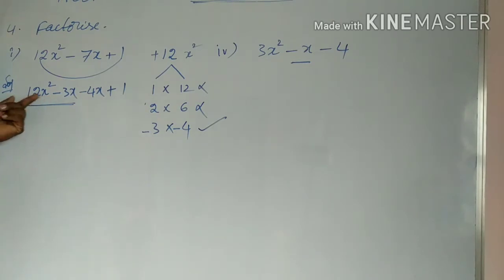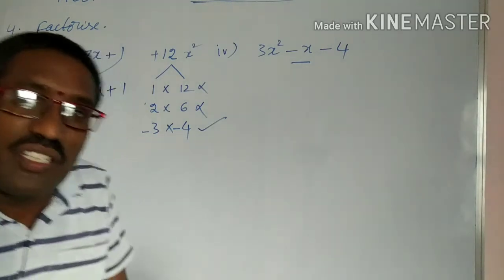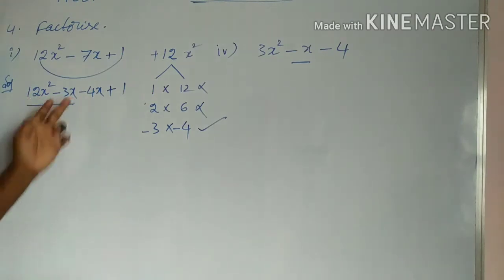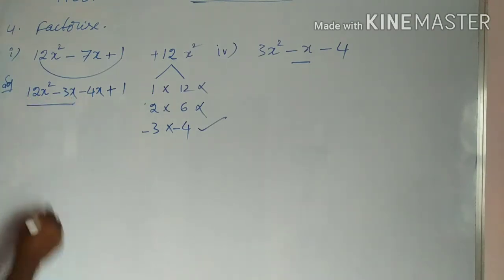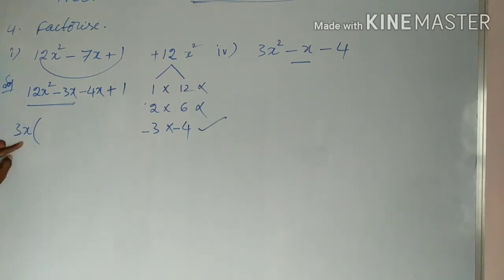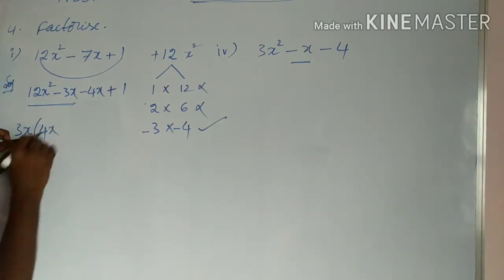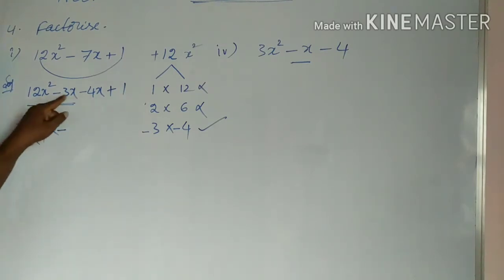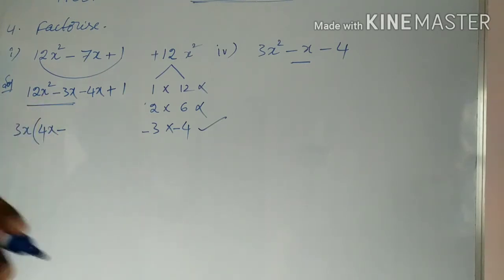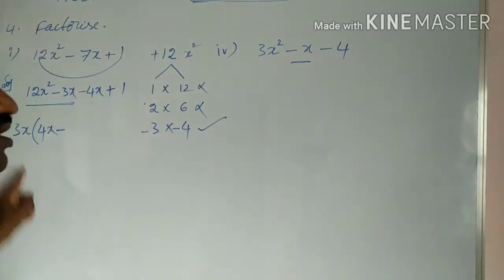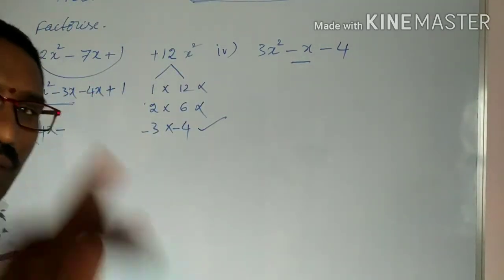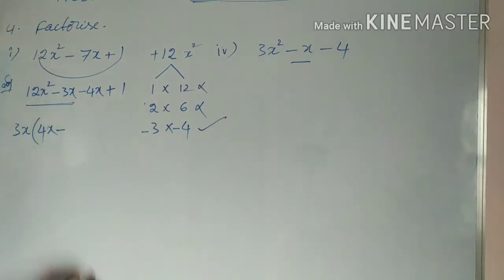Now in these two terms, what is the common here? Both the numbers 12 and 3 are divisible by which number? 3 table is divisible. Take 3 common and x also is common. So you can take 3x common. If I take 3x common, what is left here? 12 divided by 3, how many times? 4 times. X square divided by x, how many times? X times. Minus. See, common means here division. Some members keep 0 here, but don't do like that. 3x by 3x, how many times? 1 time. Like that, 3x by 3x is 1 times 1.